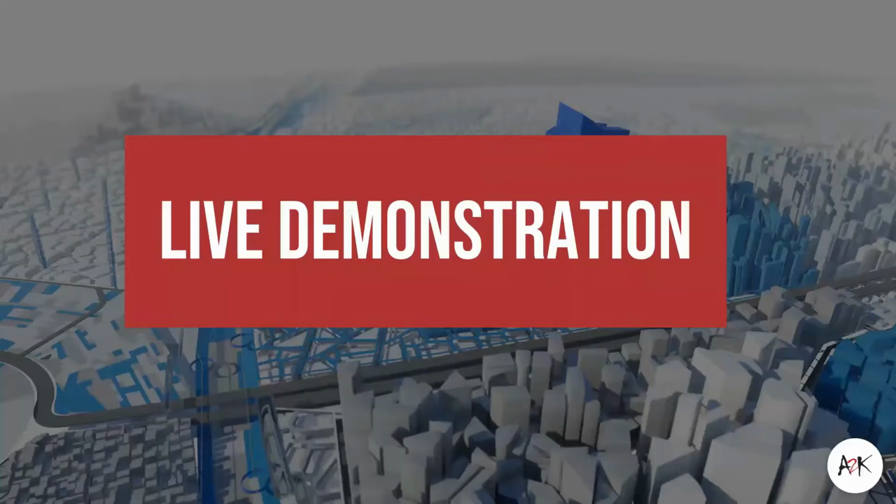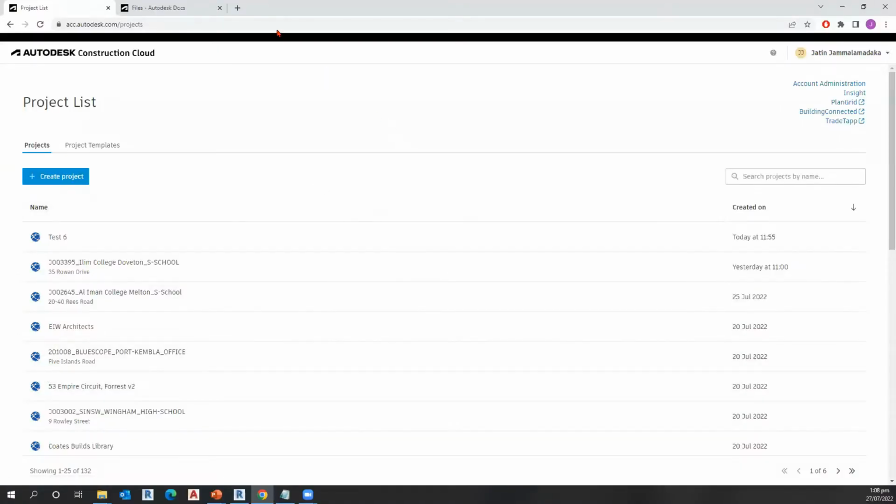All right, let's get into the demonstration. So I'm going to open up my project browser, and you can access this area by going into acc.autodesk.com and then logging in with your Autodesk credentials, and you'll be presented with this splash screen, and you can see a list of the projects that you're involved with over here. Just a very quick note, you do have to be an account admin of your ACC site. So not your manage.autodesk.com admin, but your ACC site